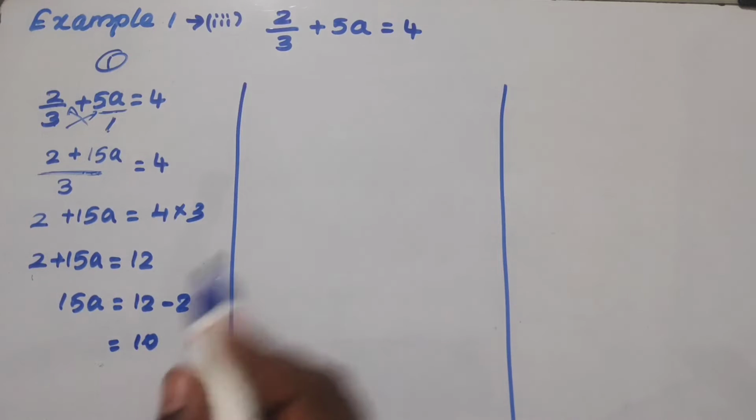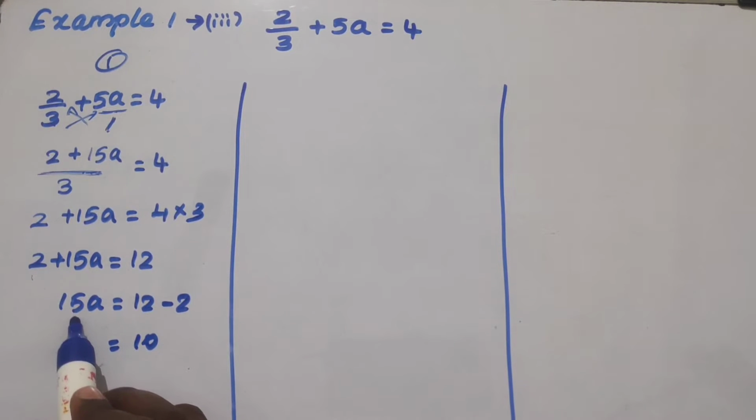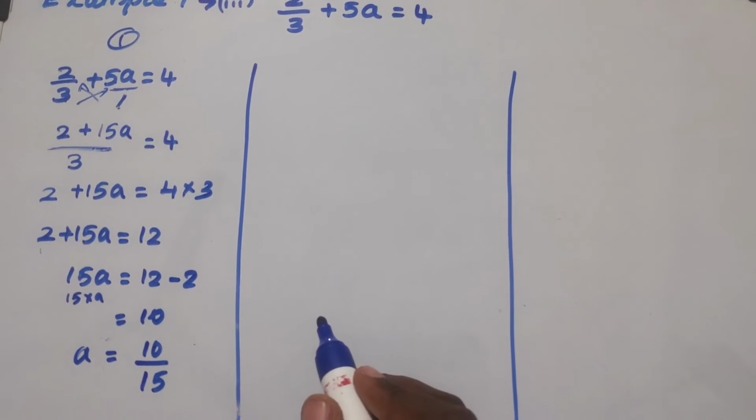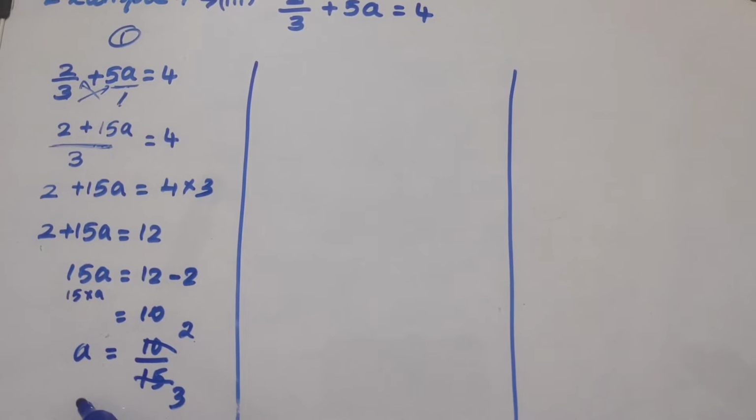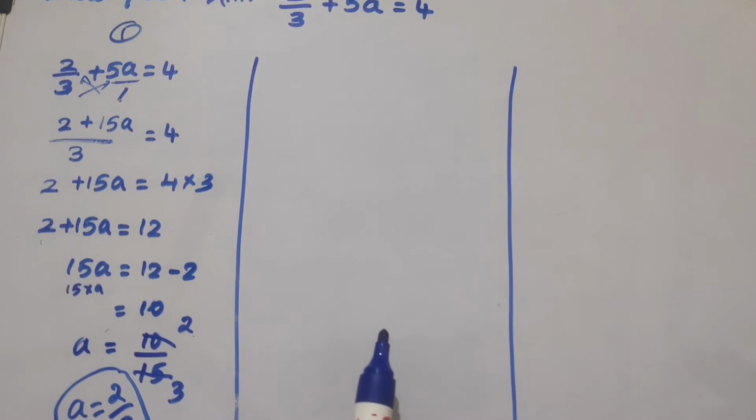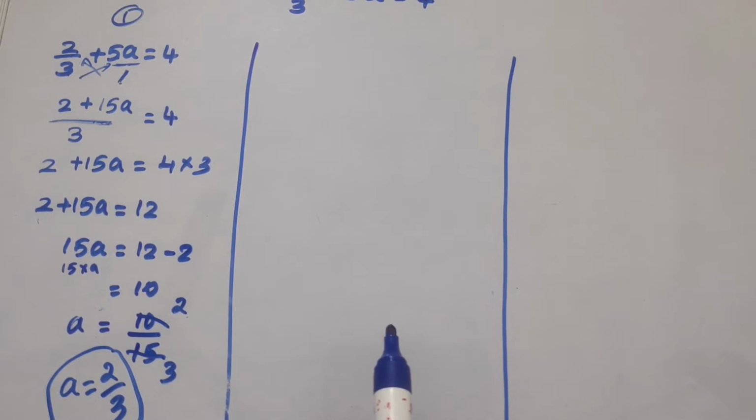We need to find the value of a. Here it is in multiplication, that means 15 into a, 15a. So if we take a, it will become 10 upon 15, because multiplication on going to the equal to side becomes divide. We can cancel it: in 5 table, 2 5s are 10, 3 5s are 15. Therefore, the answer is a equal to 2 upon 3. This is the first method.